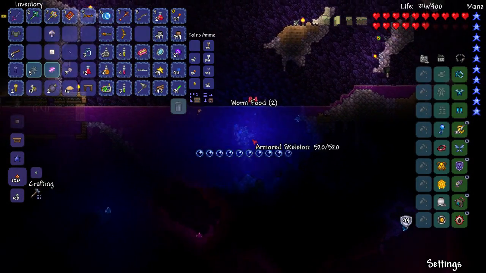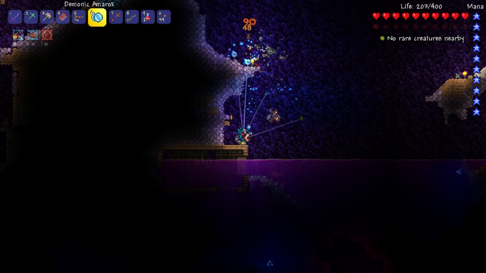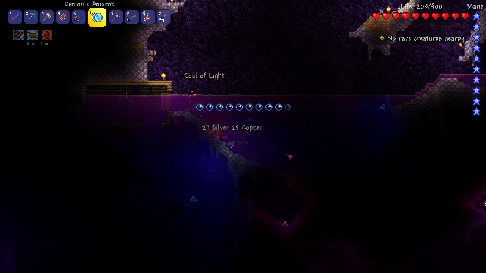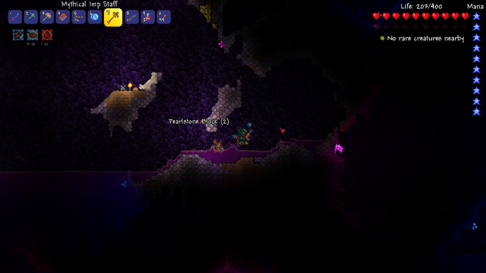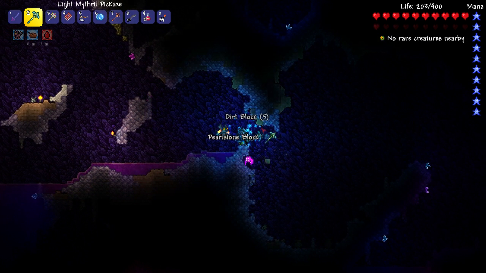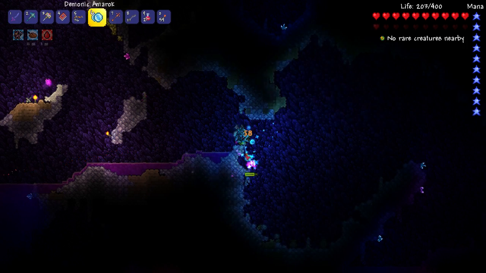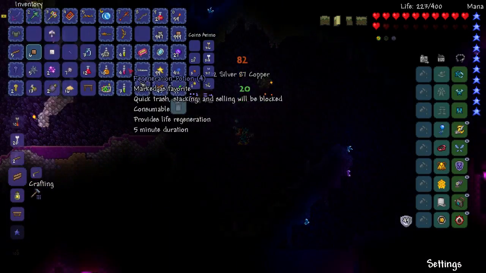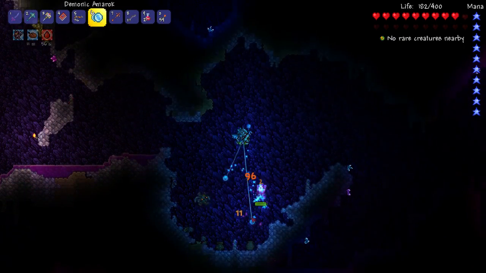No. Do we have to be in the corruption? If we do, it's not going to be too difficult. We just have to lure him over here. Because I know you don't have to summon him underground. But I guess you have to summon him in the corruption. Because... yeah, it's not doing anything. Let's kill...